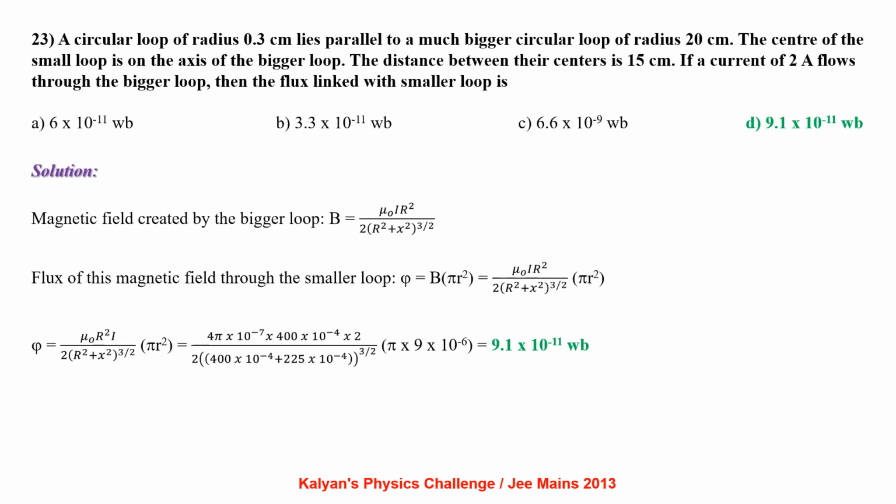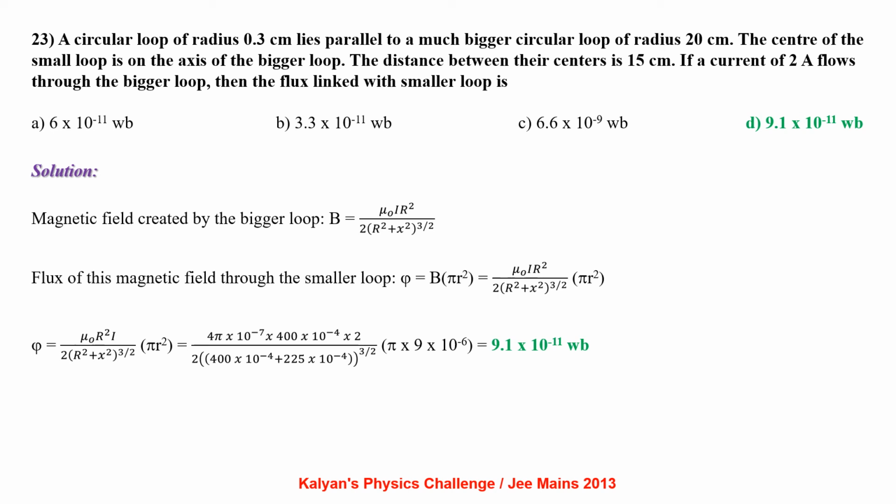A circular loop of radius 0.3 centimeter lies parallel to a much bigger circular loop of radius 20 centimeter. The center of the smaller loop is on the axis of the bigger loop. The distance between their centers is 15 centimeter. If a current of 2 amperes flows through the bigger loop, then the flux linked with the smaller loop is